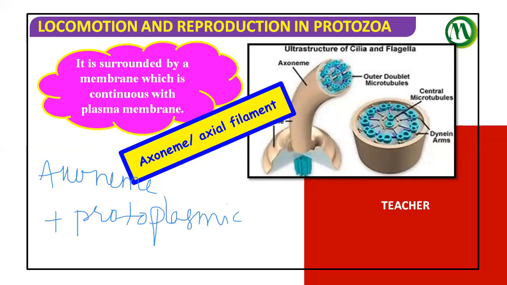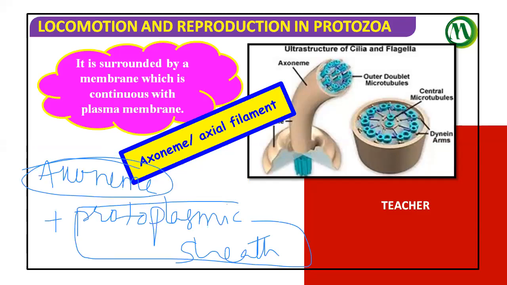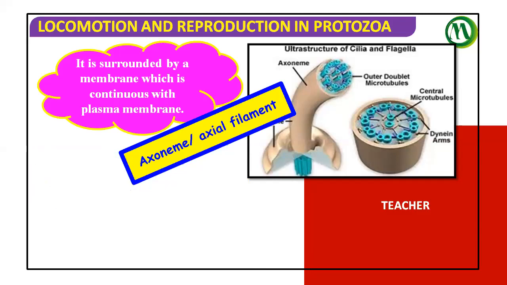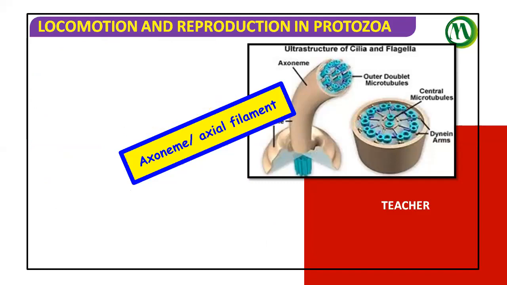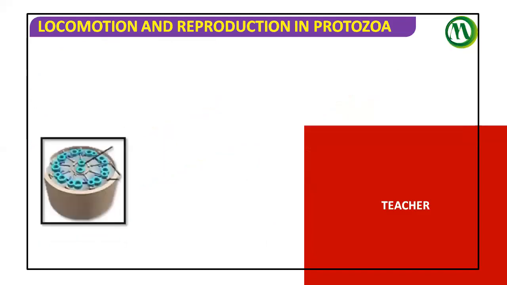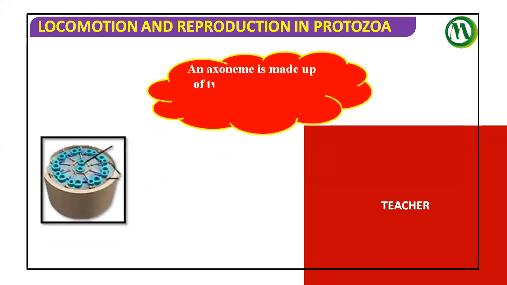It is like a chocolate plus its wrapper; the chocolate along with the wrapper is what we call the flagellum. If I remove the wrapper, the protoplasmic sheath, what you can see is the axoneme. Do remember that all the components of the axoneme are embedded in the matrix. Then let's talk about the transverse section.